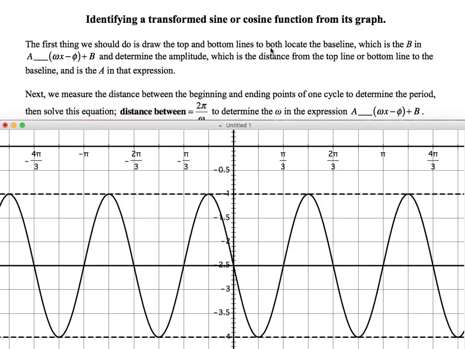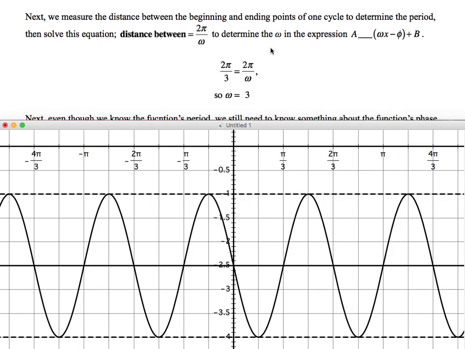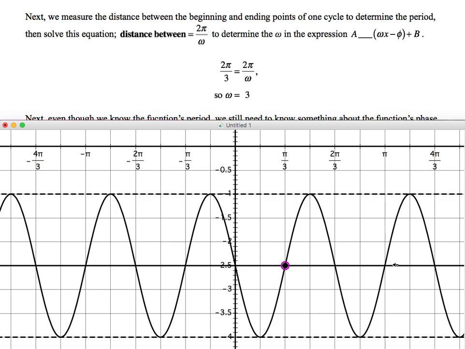Next, and I think this may be the exact function that I showed you earlier for graphing, I don't remember actually. But next, we measure the distance between the beginning and ending points of one cycle to determine the period. And so we choose one of these points, any point here and here, or here and here, or here and here. And so I'm going to choose this point, and then that makes this point here the end of the period. And then you measure that distance,